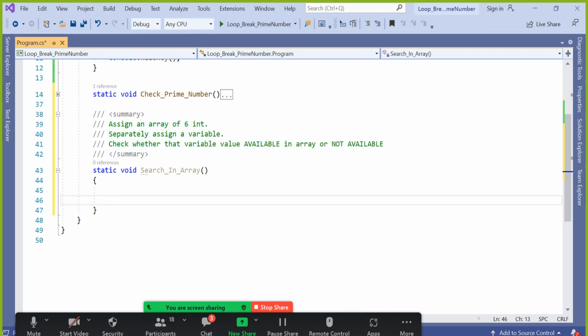So what should I do first to solve this program? Always the first thing you have to think about is declaration of variable, declaration of array, if any, right? So I have a variable declaration here called, let's say, n. And I also have an array declaration called ARR. So to declare the array, what should I do? Square bracket equal to